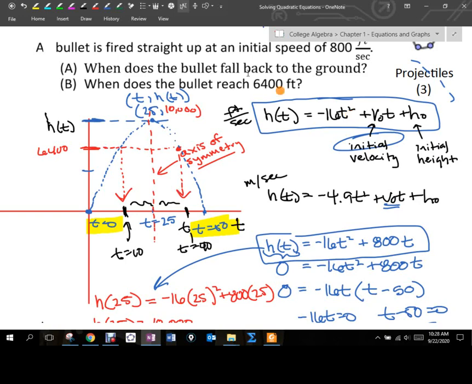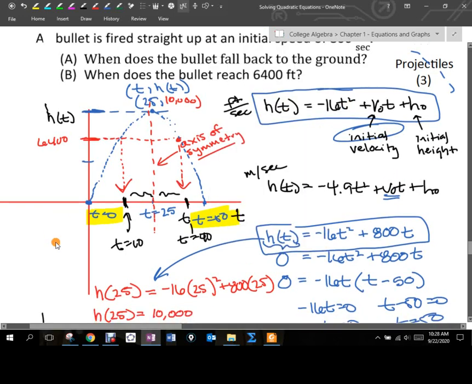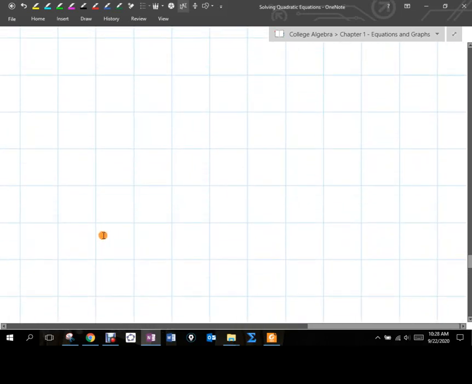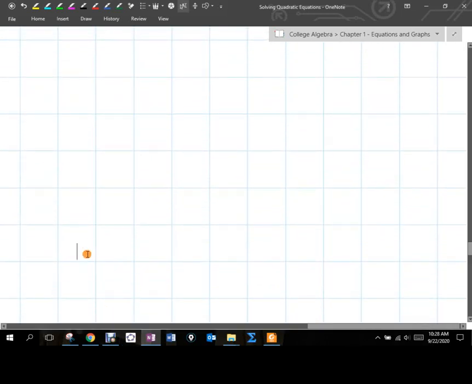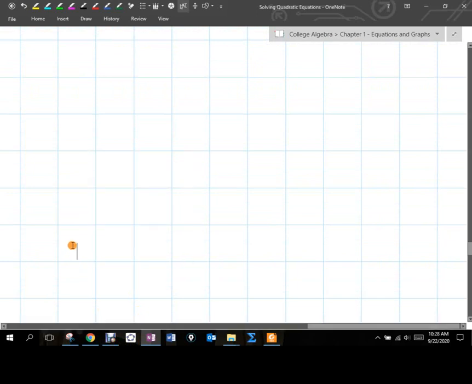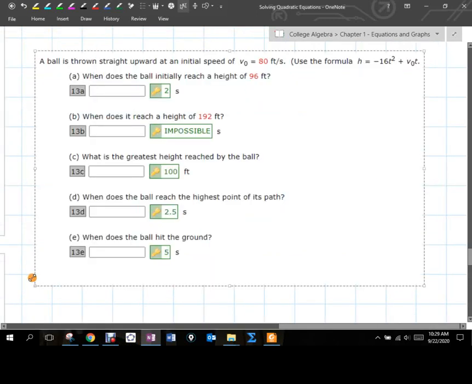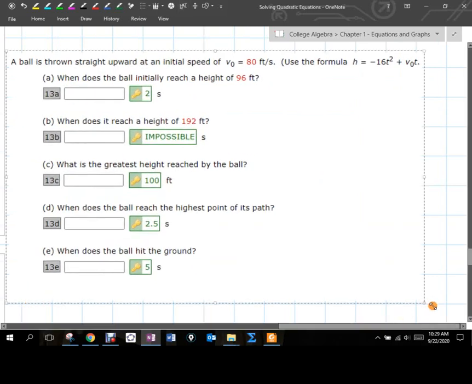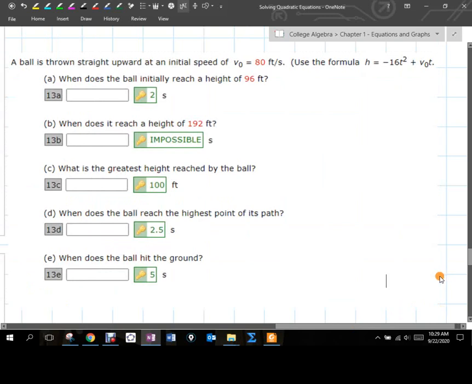Okay. So that being said, the last class had questions about number 13, I think it was. We started with it, but we didn't do it. All right, so the numbers in this one are pretty similar to what we just did. We got 80 instead of 800. So it's going to factor nicely for us, but I want to talk about the structure of a lot of